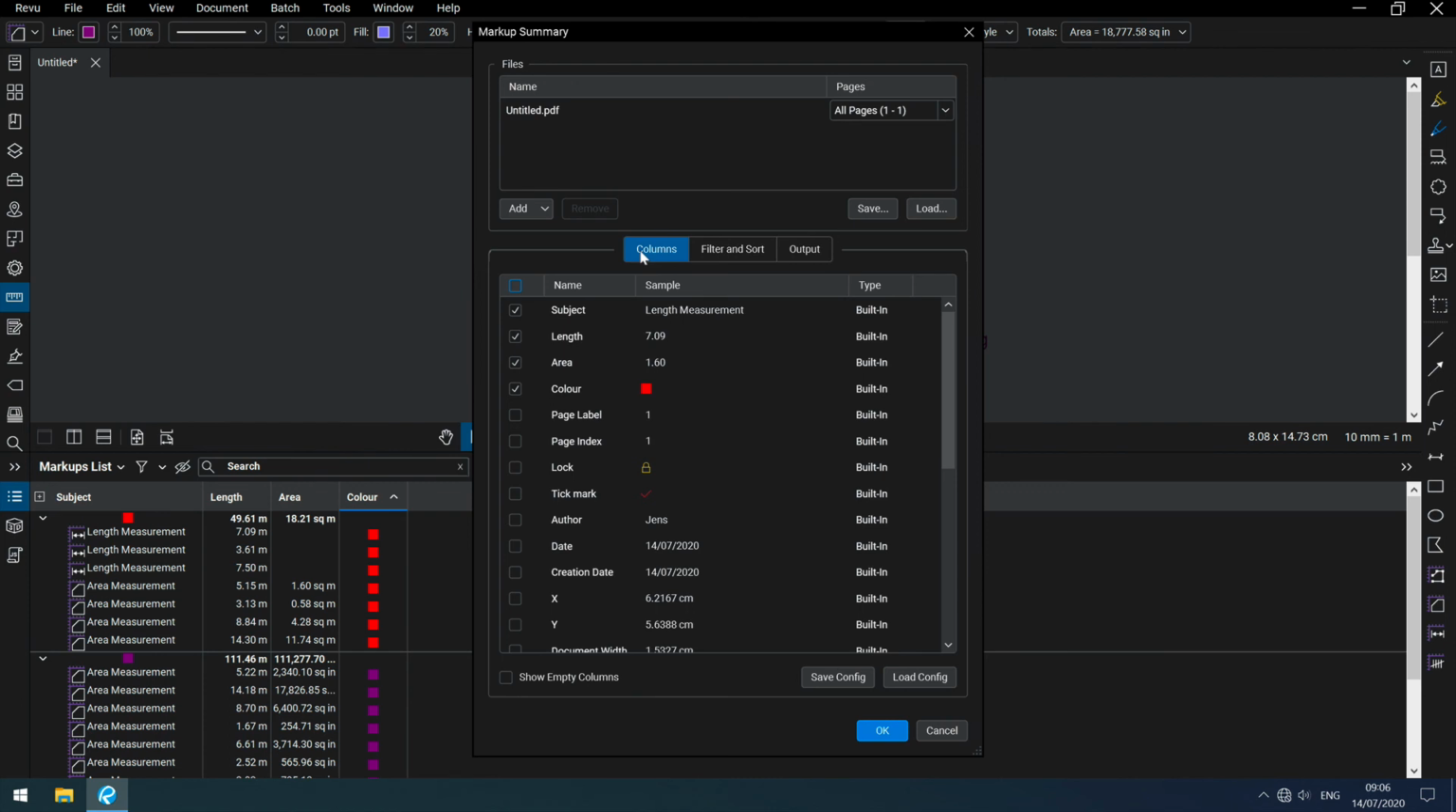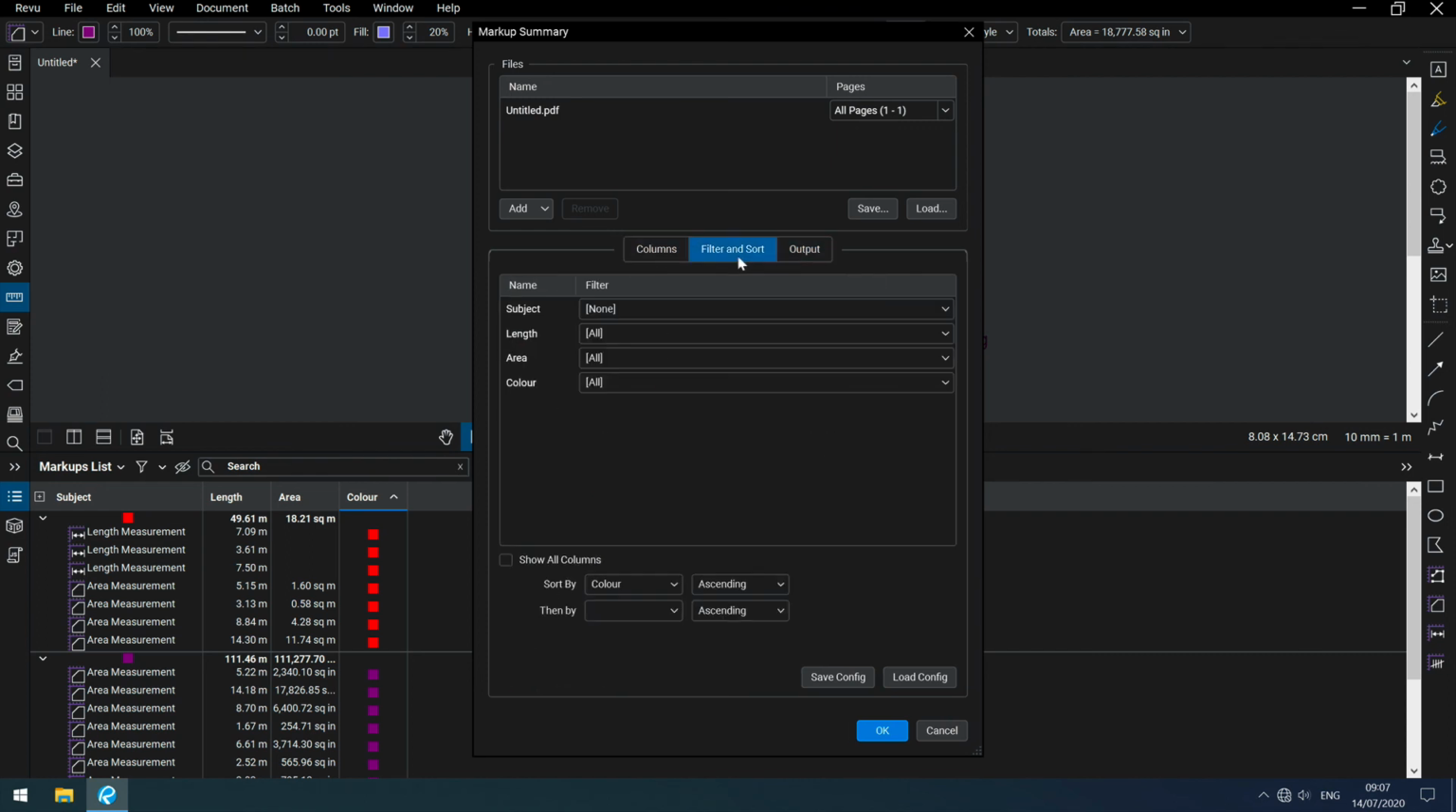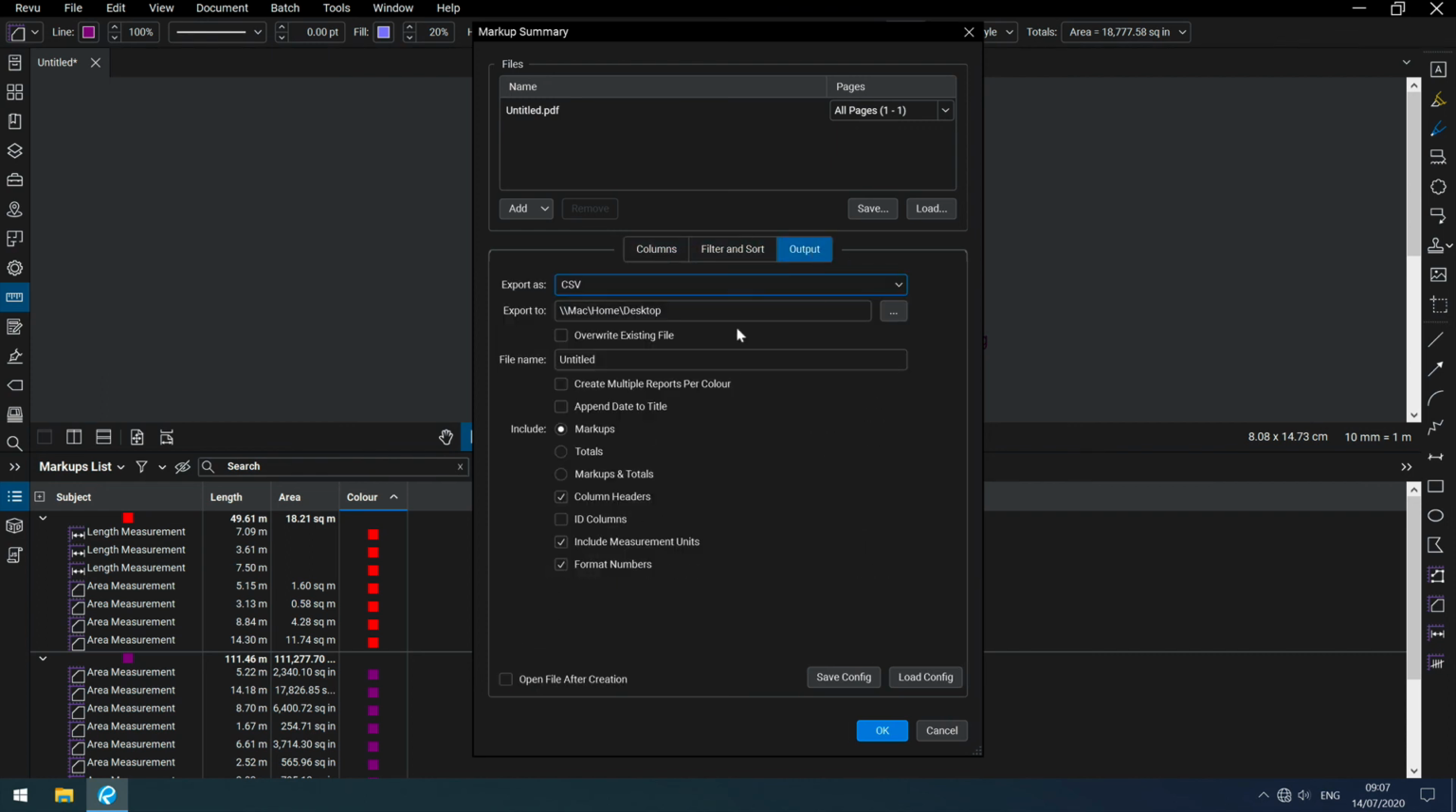However, if you don't change anything, the standard settings will create an Excel spreadsheet that contains everything in the same order, in the same layout you currently see in your markups list down here. So if you don't change anything, you get an export that is exactly what you see on screen in your markups list here. After selecting all your options, the columns, filtering and sorting if you want to, you click on OK